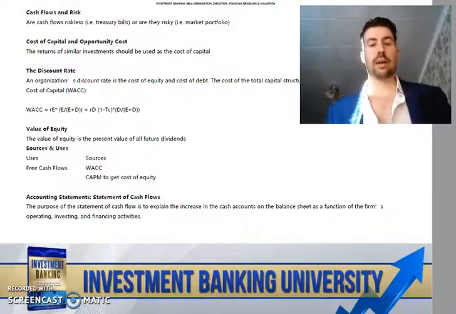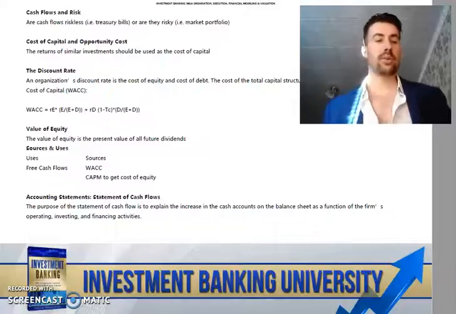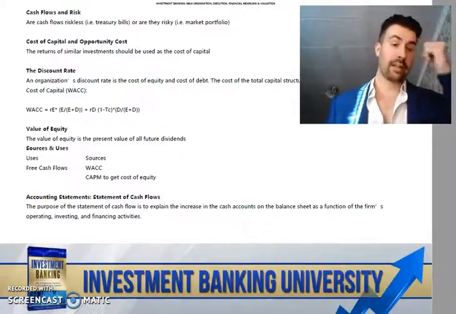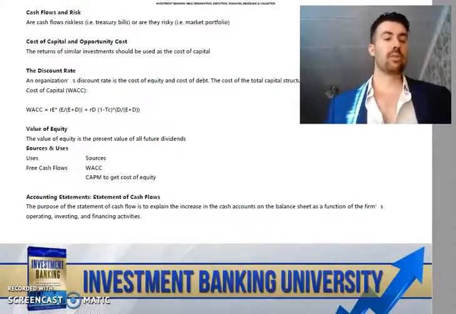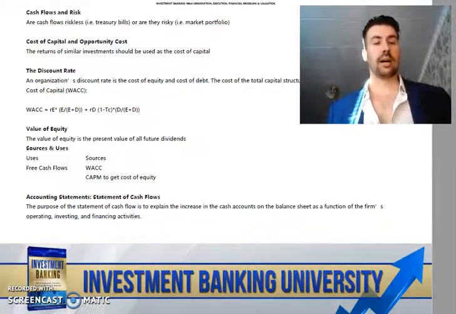The cost of the total capital structure is known as the weighted average cost of capital, or WACC. The formula for WACC is equal to the risk of the equity times the proportion of the capital structure made up by equity, plus the risk of the debt, which is tax